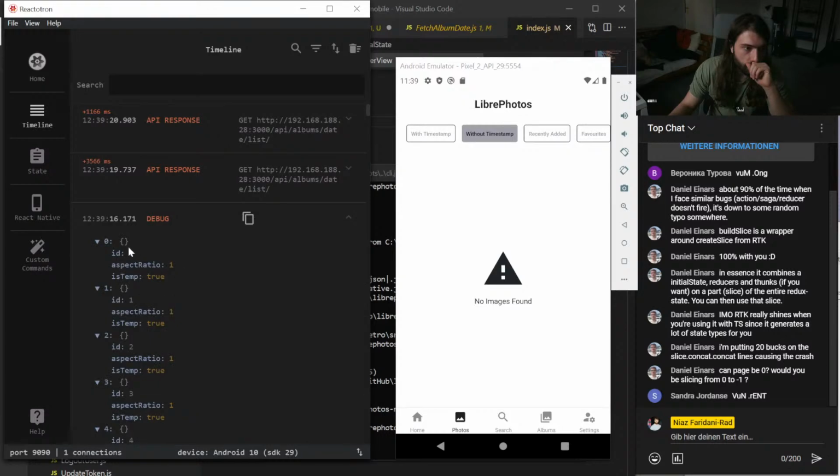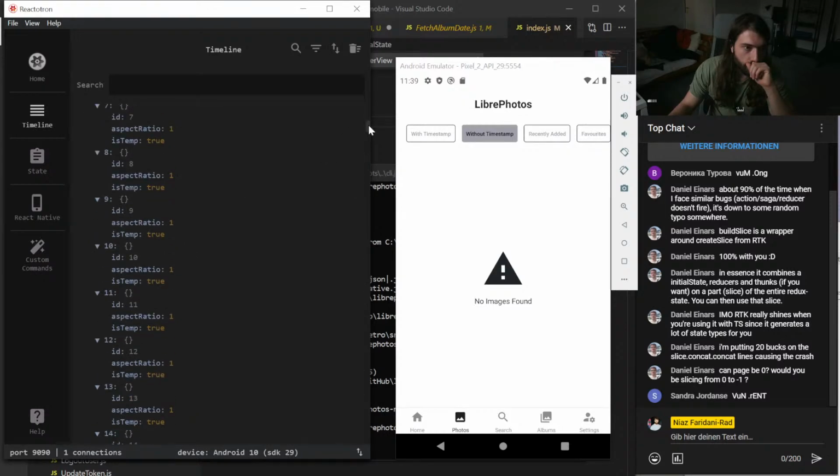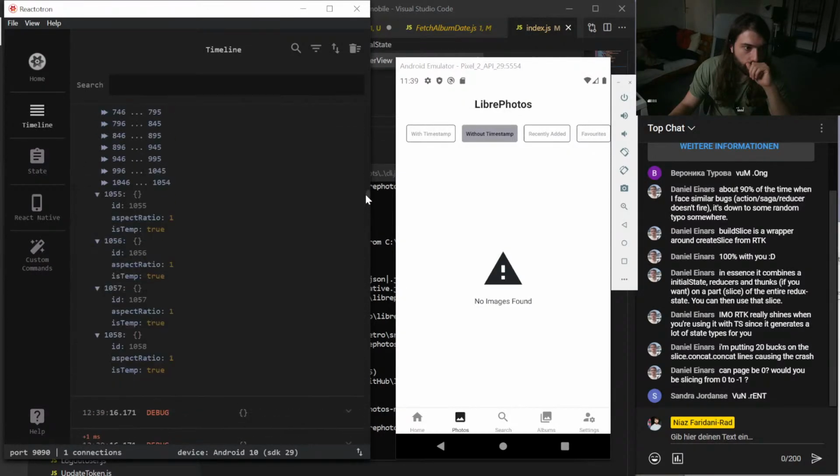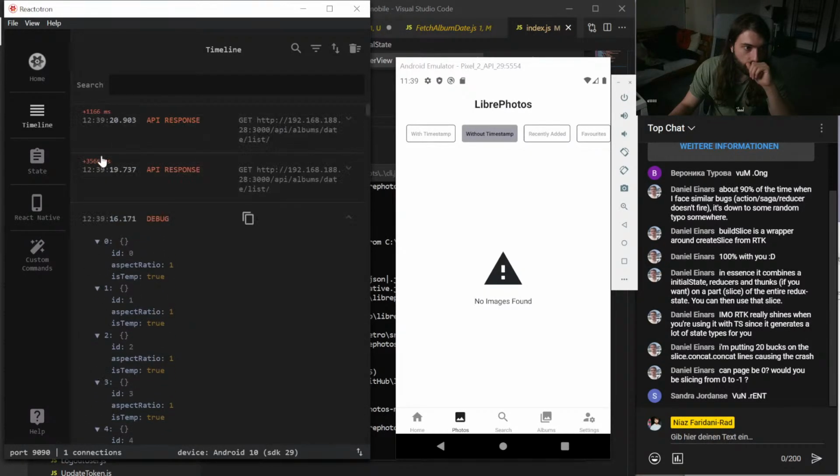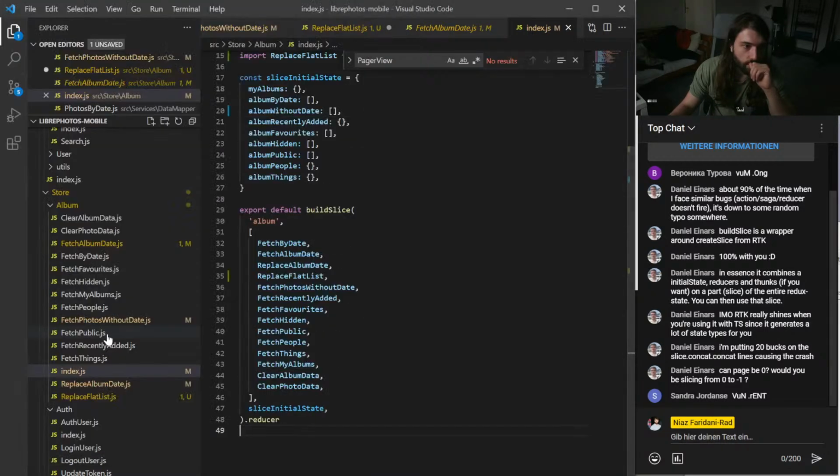Okay, cool. So now we actually create all the temp elements. 1,000 of them. That's very cool. That's exactly what I wanted.